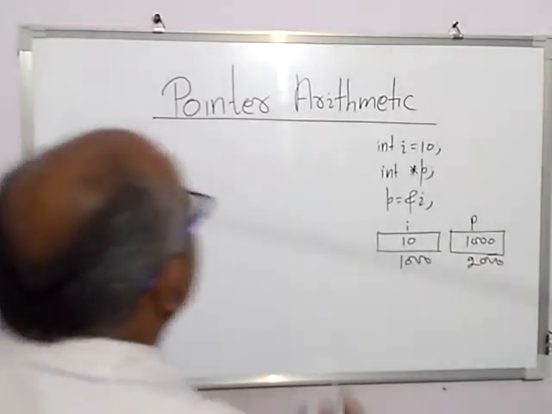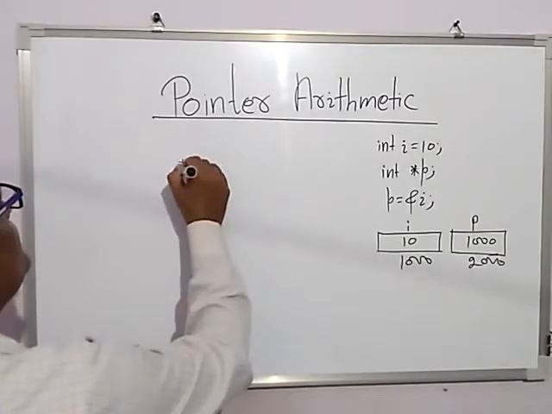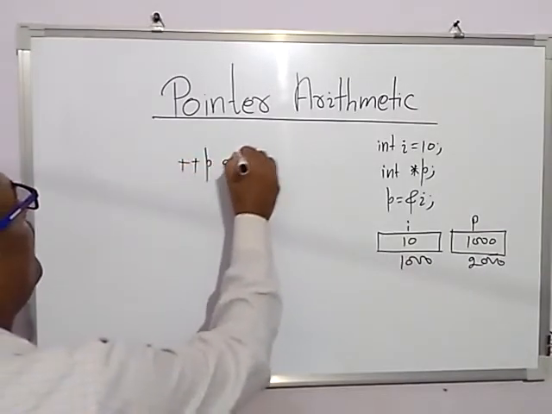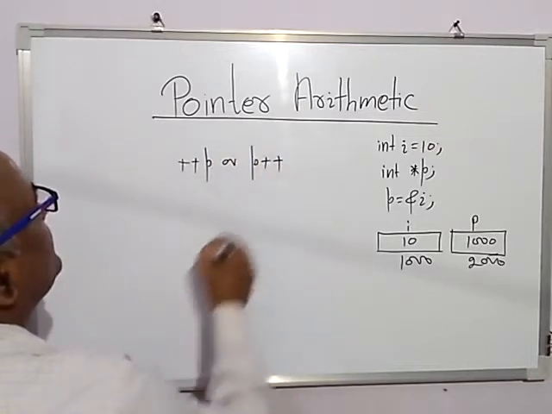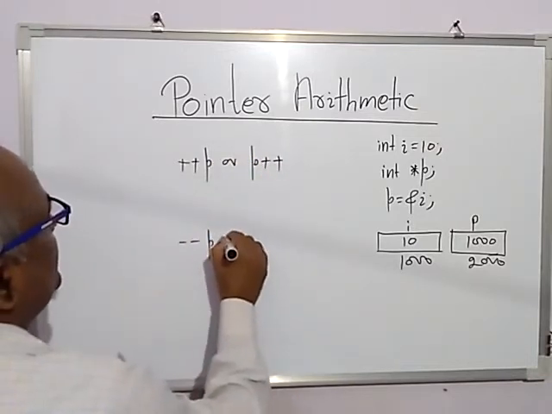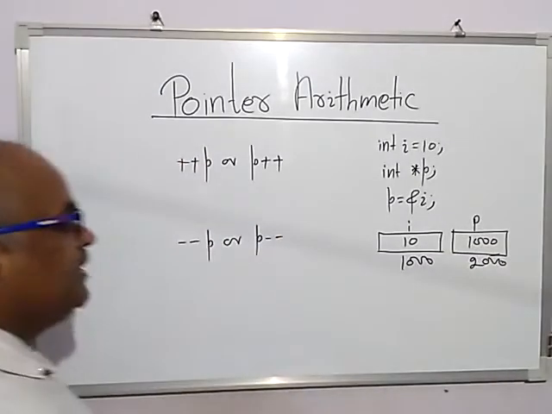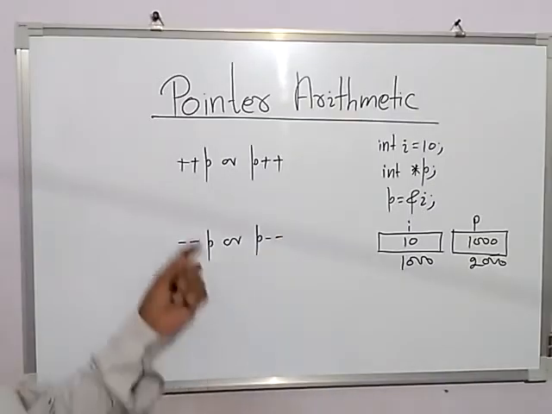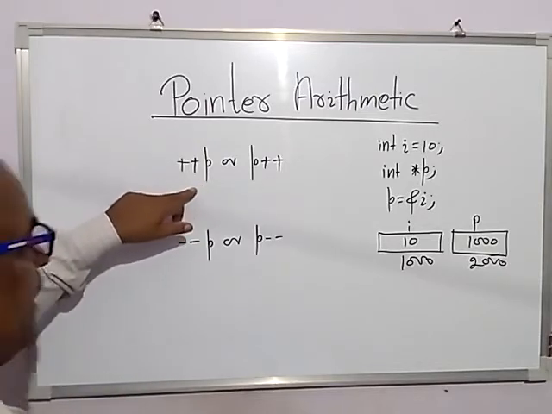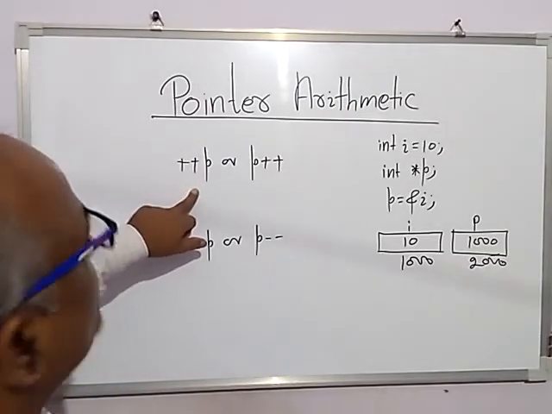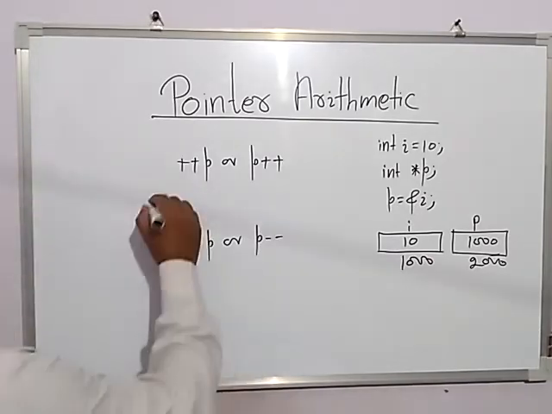For example, if we write ++p or p++, --p or p--. So in this case, what will happen? If you use the increment operator for the pointer variable, it increases